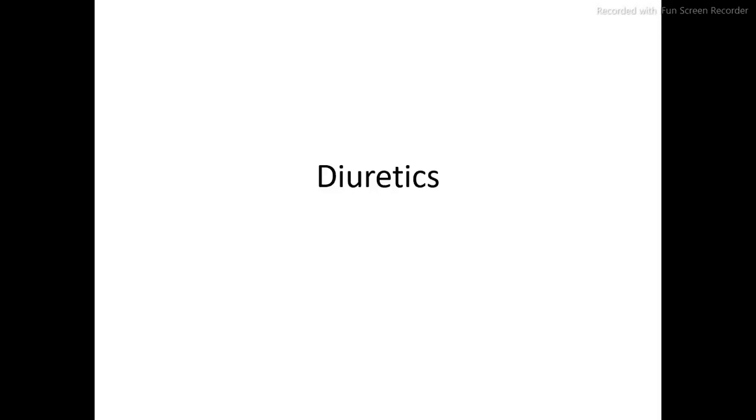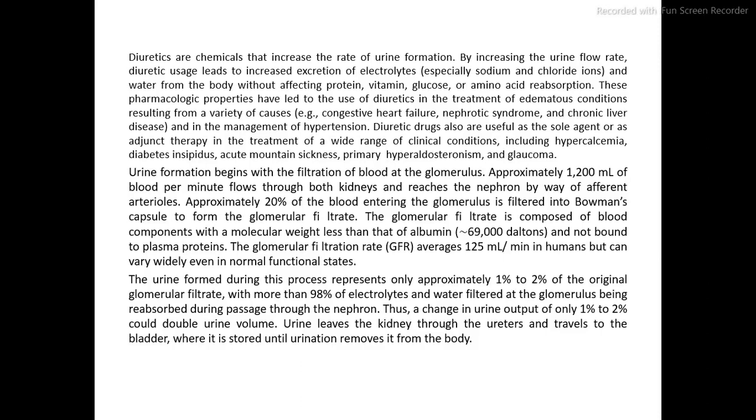So, what is diuretics? Diuretics are the substances or the agents which increase the rate of urine formation by increasing the urine flow rate, and also they increase excretion of the